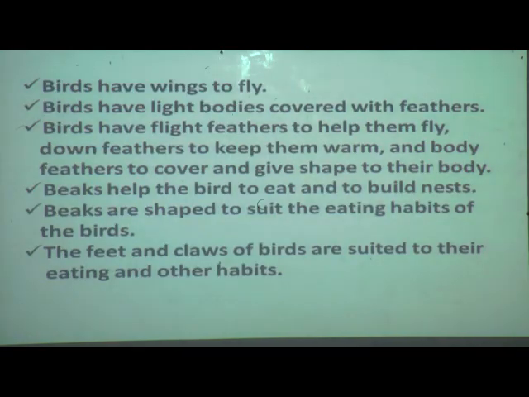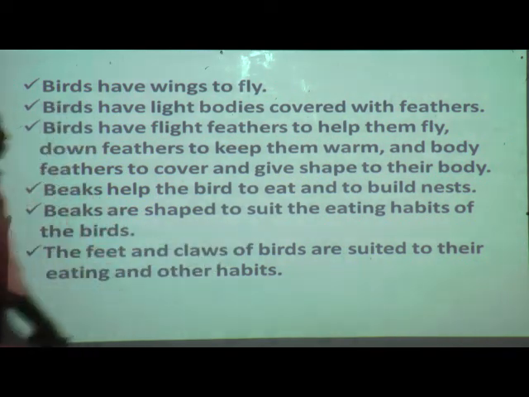Okay, now we will move to the final revision of the full lesson. What we have studied in this lesson, we will see one by one. Birds have wings to fly. Birds have light bodies covered with feathers. Birds have flight feathers to help them fly, down feathers to keep them warm, and body feathers to cover and give shape to their body.